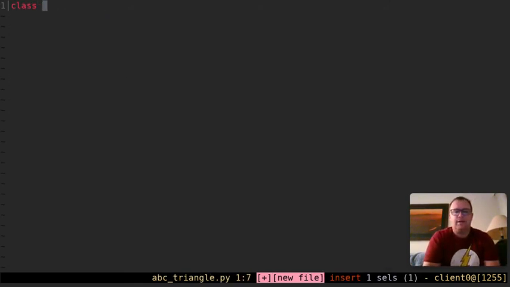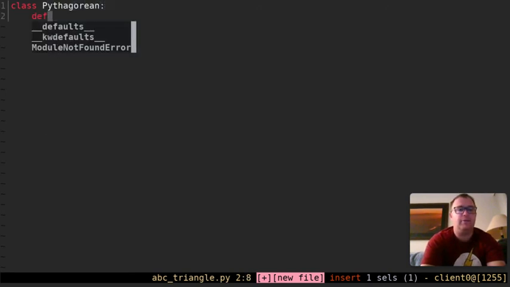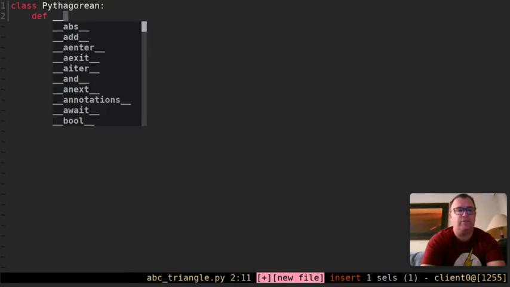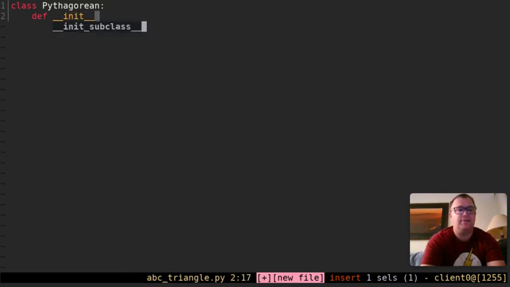And the class is going to be called Pythagorean, and we're going to instantiate the class. So I do that with def, which is like a way of calling functions in Python, and in objects they're called